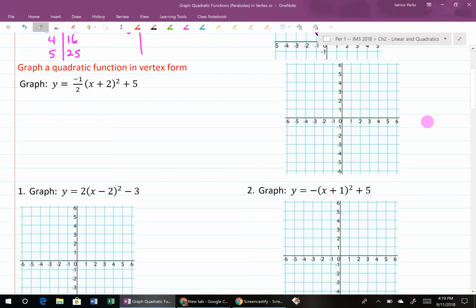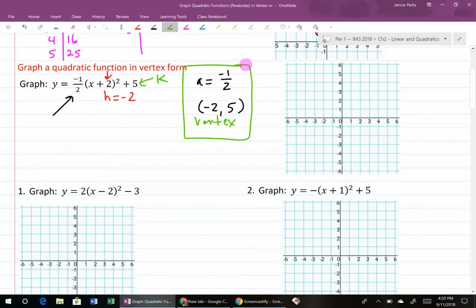So in this graph, the a value is -1/2. That's this value. The h and the k are -2, 5. So the h value is the opposite of this number. Okay, so the h value is -2, and the k value is 5, the number that's not in the parentheses, that's added on at the end. This is your vertex. That vertex, -2, 5,